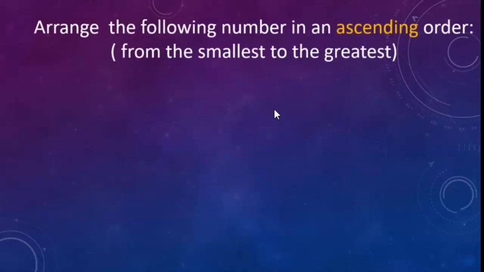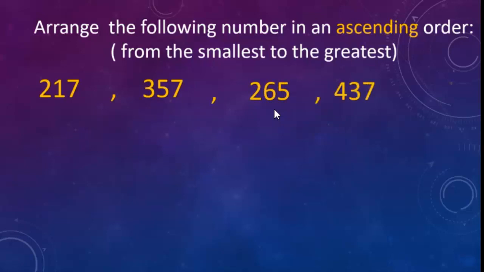Another question about ascending order. Arrange the following numbers in an ascending order. It means we will arrange numbers ascendingly from the smallest to the greatest. We will arrange these numbers in ascending order, from small to large. We have 217, 357, 265, 437, 547. If I want to arrange these numbers ascendingly,